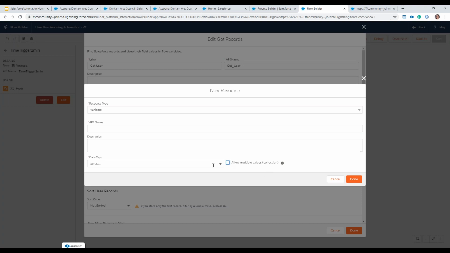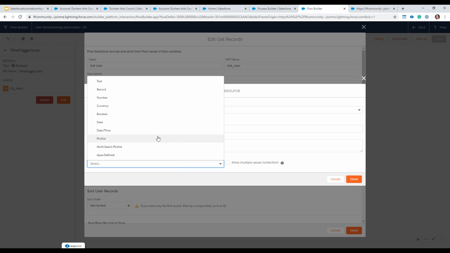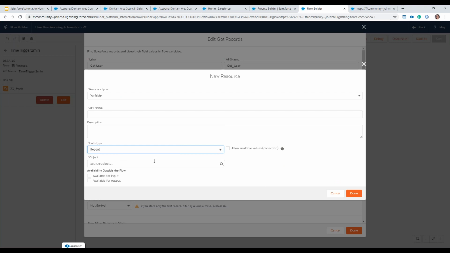Similarly, if you want to create an SObject variable, which is a variable that can hold values like a record would, instead of creating an SObject variable, in your variable data type selector you select the value of record, and that now becomes an SObject variable. You have to define which object it's for, but just selecting the data type of record is the way that you build your SObject variable. Now, if you want an SObject collection variable, because you want to set values for multiple records, you can just check the box. So I find this is very user-friendly for individuals who might be newer to Flow,